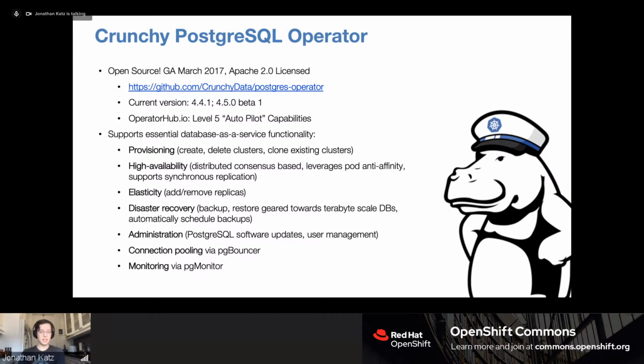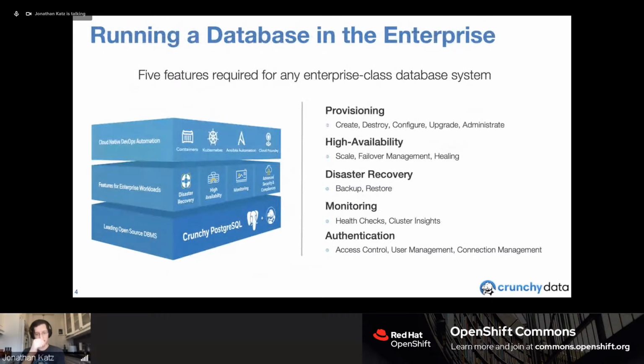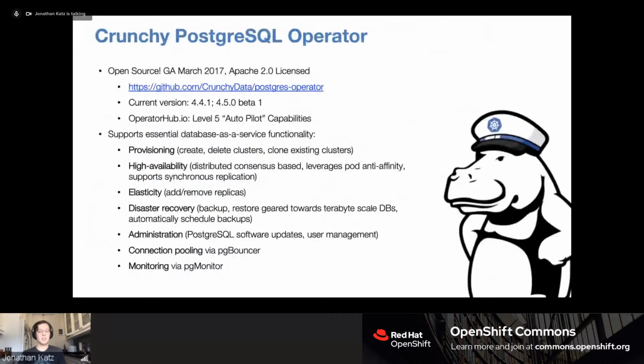And going back to that original slide, I do like the hippo wearing the kube hat, but the idea with the operator is we want to support all the features you need to run Postgres in production. It could be a single Postgres cluster running in production, or it could be 1,000 Postgres clusters being managed by the operator. We've seen both use cases, and of course everything in between. To us, it was important that we're able to do that. I can read through the list, but I'm going to cover a couple of things I hadn't touched on yet.